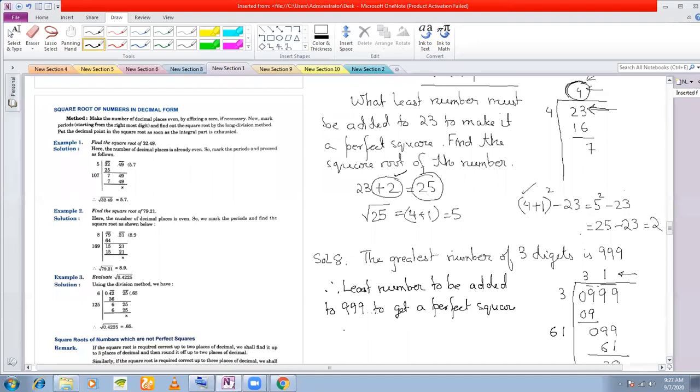How are we doing in case of 23? In case of 23, what are we doing? We are adding 1 to this number that we have got in the quotient. So what you do here is you add 1 to 31. 31 plus 1. Because the quotient that we have got here is 31. And subtract it from what? We are subtracting what here? In 23's case we subtracted 23. Here you will subtract 999.